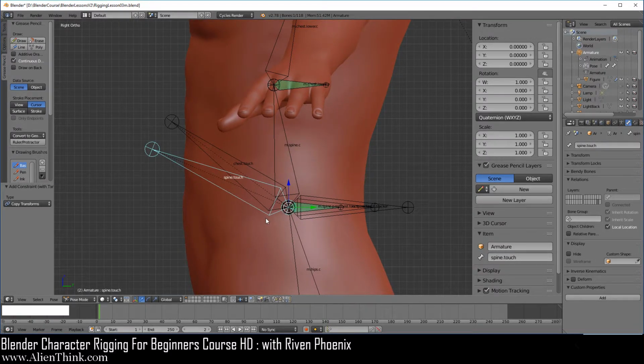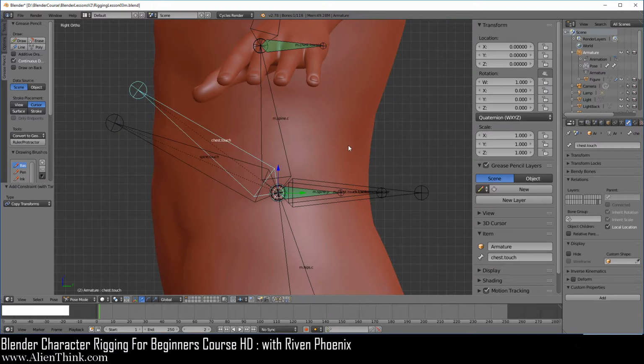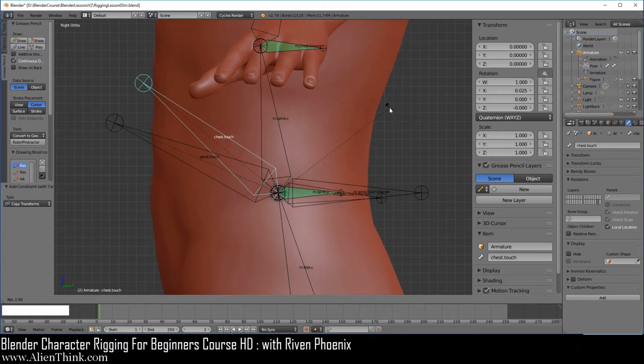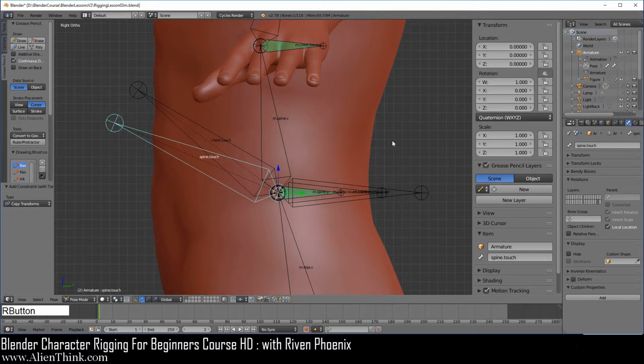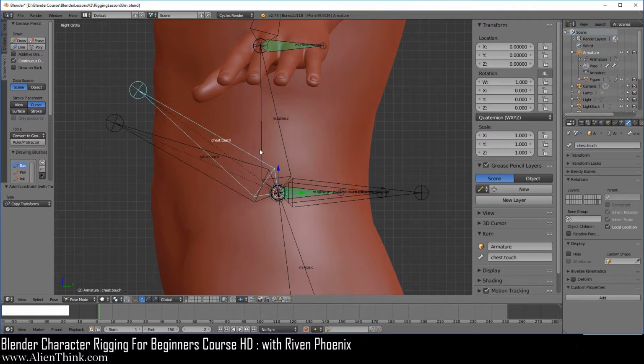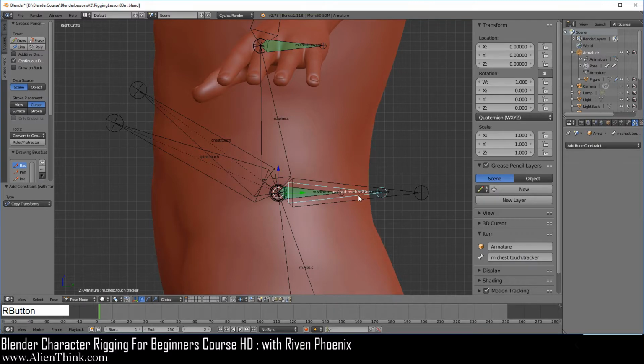Okay, so what we're going to do over here is now basically think about, okay, so when we press the R key to rotate the chest.touch, we actually want the spine to rotate too, right? Because we know that we can rotate the spine separately. So how can we do this? So here we can simply say that when it comes to this spine bone, we also want a little bit of the rotation from the